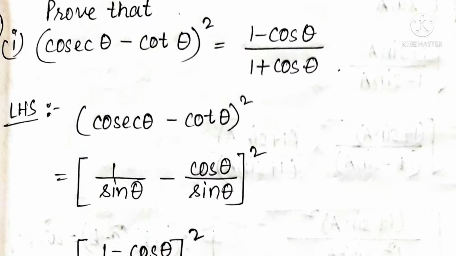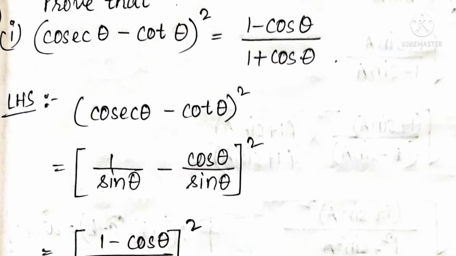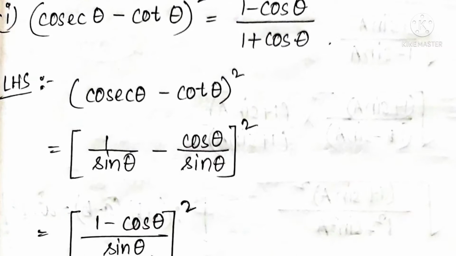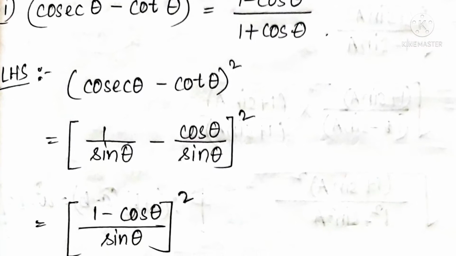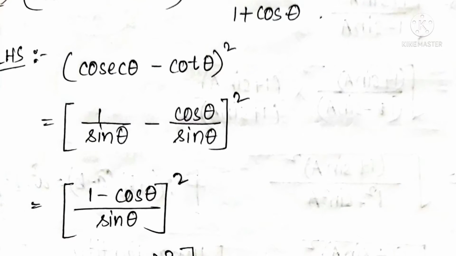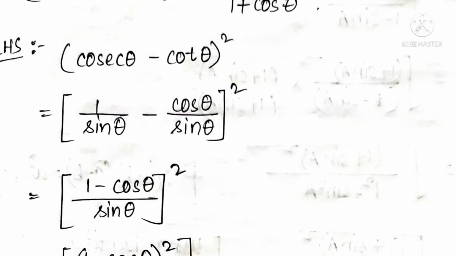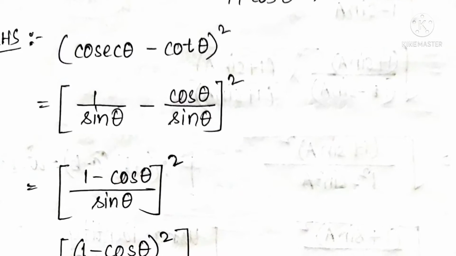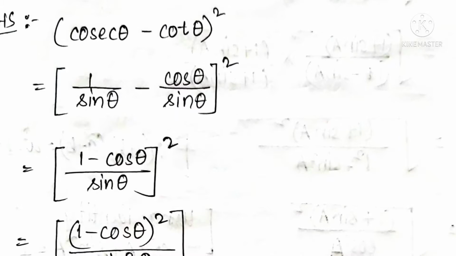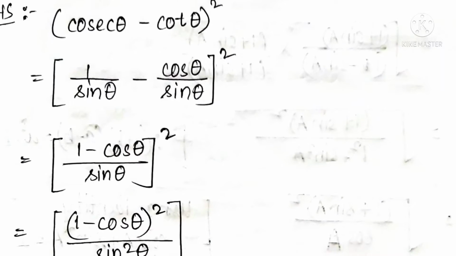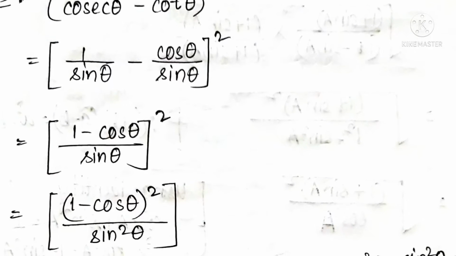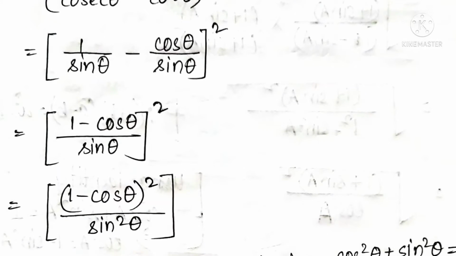to base by perpendicular, and when we divide the numerator, that is base, by hypotenuse and the denominator also by hypotenuse, we will get b by h in the numerator and p by h in the denominator. So b by h is cos theta and p by h is sin theta. So by this way cot theta will be equal to cos theta by sin theta. So after this step I am taking sin theta as LCM. So in numerator I can write 1 minus cos theta. So now we can write the square part in numerator and denominator separately. So in numerator 1 minus cos theta whole square, and in denominator I will get sin square theta.